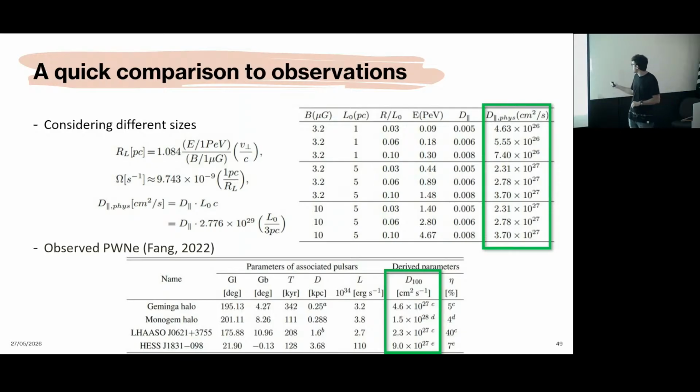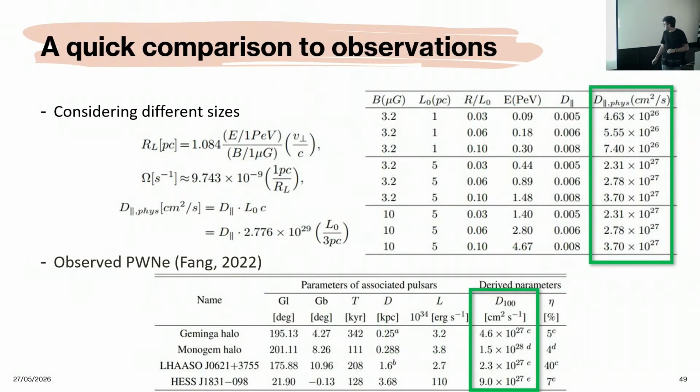And well, here we did some calculations to scale this for a few different systems. But I want to call your attention to the green squares, where you can see above is our calculated diffusion coefficient, and if you compare with the coefficients that they get from the observations, it's more or less of the same order of magnitude. So the mirror diffusion seems to explain really well these